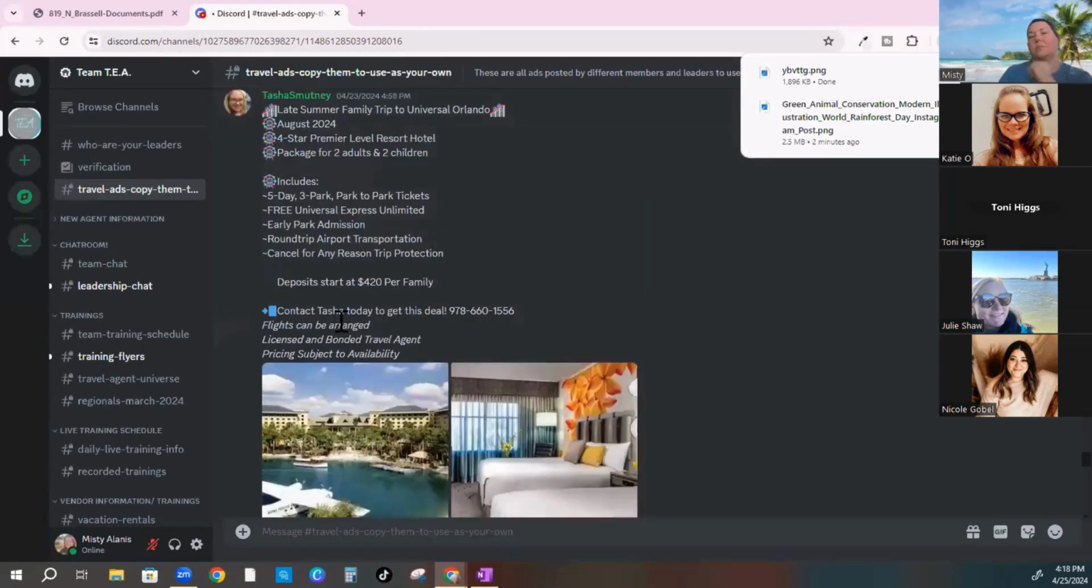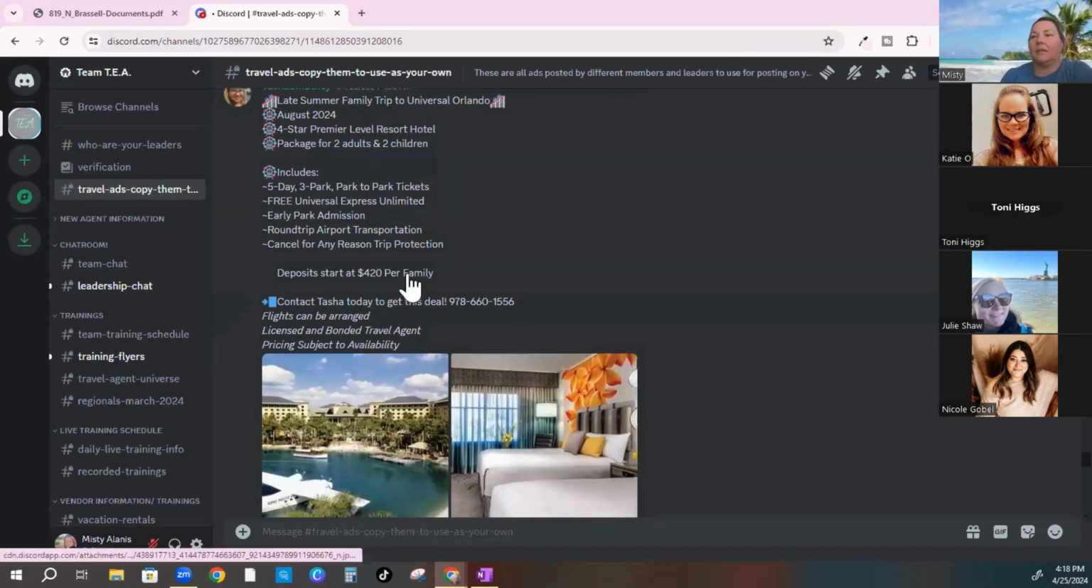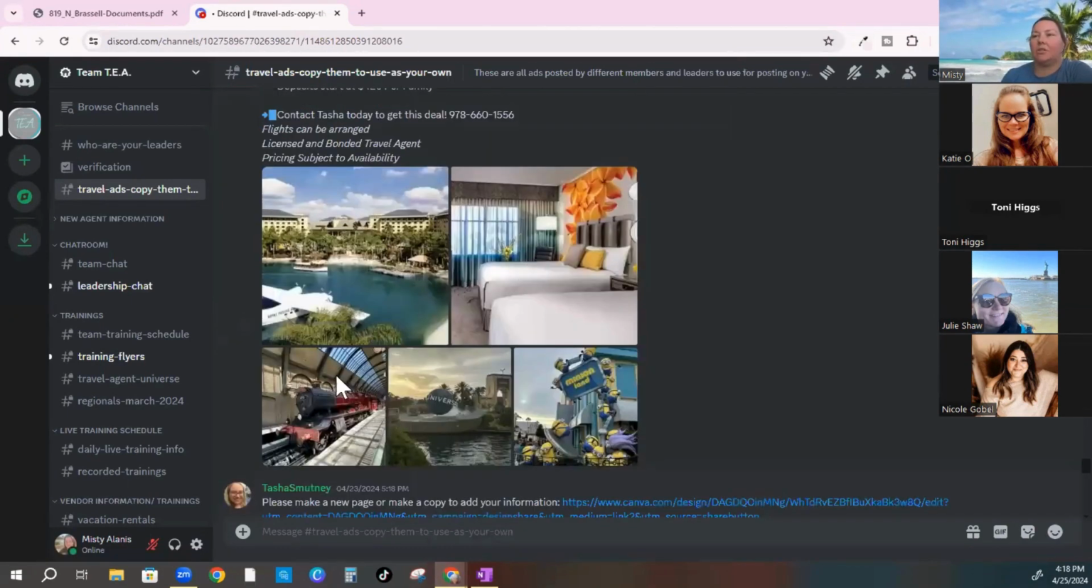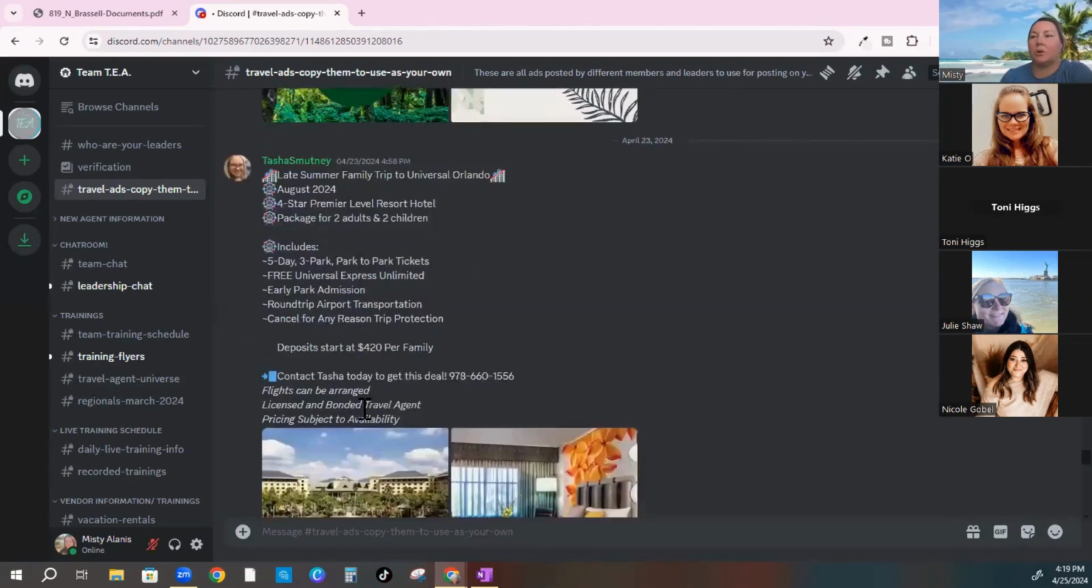This is a good one. This is a good example. So with this ad, Tasha did several pictures, and then she put in here exactly what she wrote in her, yes, I did start recording again. This is exactly what she put in her ad on Facebook. And so when you're in Discord, the way you want to copy this,